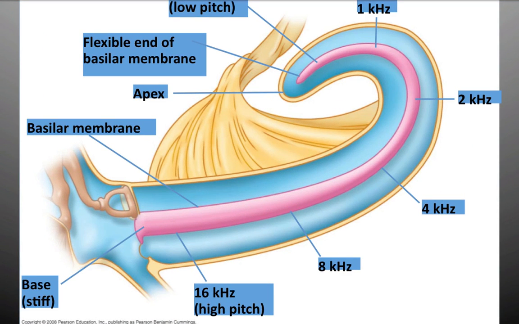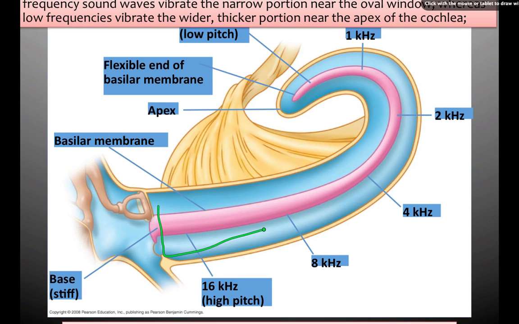Things to keep in mind: the basilar membrane is not the same width and thickness throughout its length. High frequency sounds vibrate the narrow portion near the oval window, whereas low frequency sounds vibrate the wider, thicker portion near the apex of the cochlea. So if you have a high-pitched sound, this area here is going to be stimulated by the high-pitched sound. The energy wave strikes the membrane, it bends, causing an action potential,